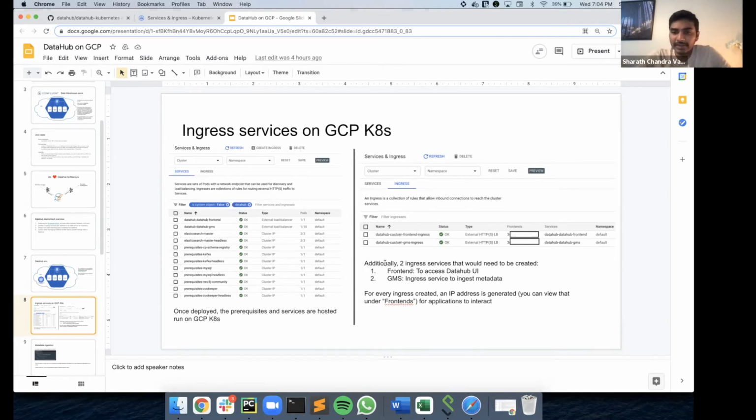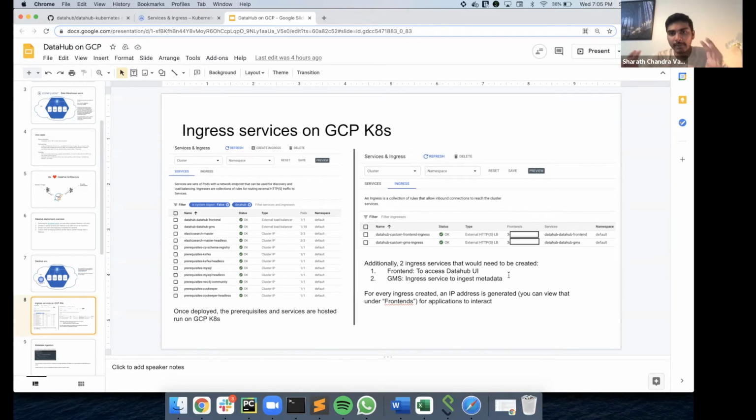When you create these ingress services, GCP automatically gives you an IP address that you can use to interact with these services. In our case, the IP address for the ingress service created for the front end would be used to interact with the UI, and the second would be used to interact with Airflow, which is Cloud Composer.